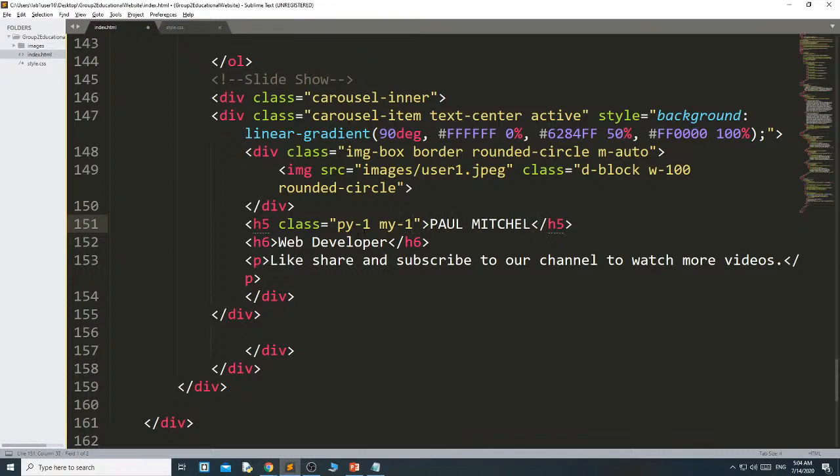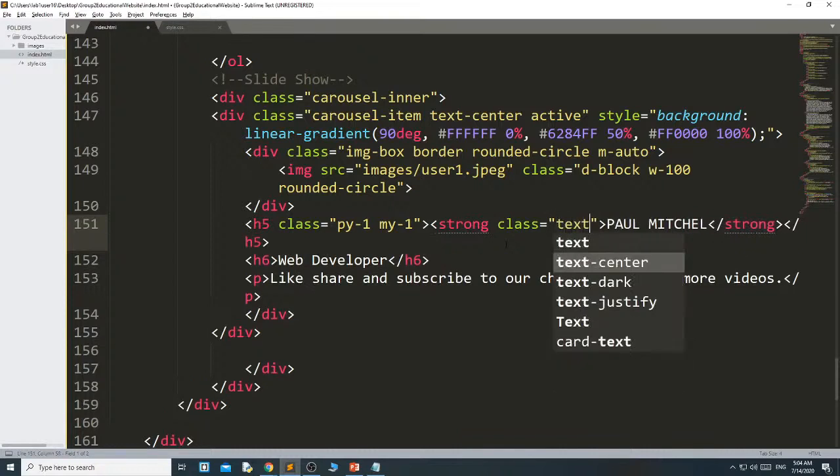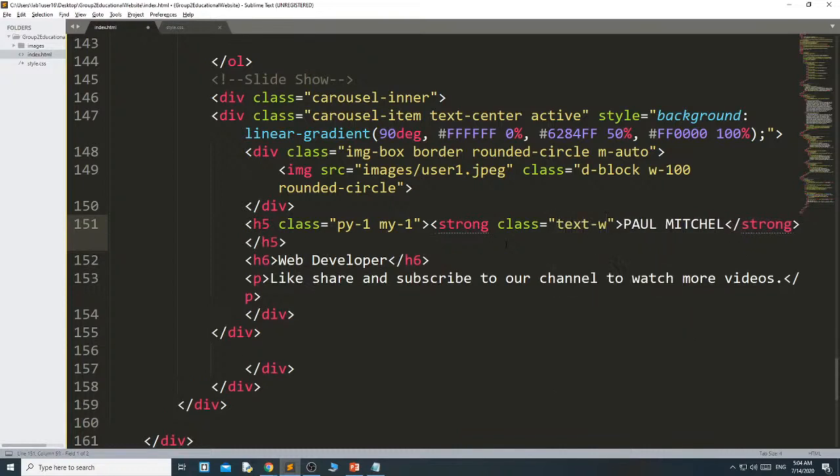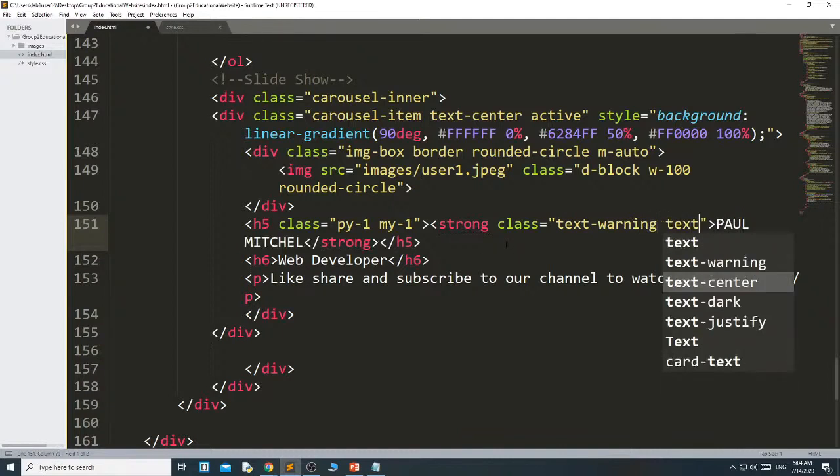And this thing I want to write in strong. Then class text warning and text uppercase.